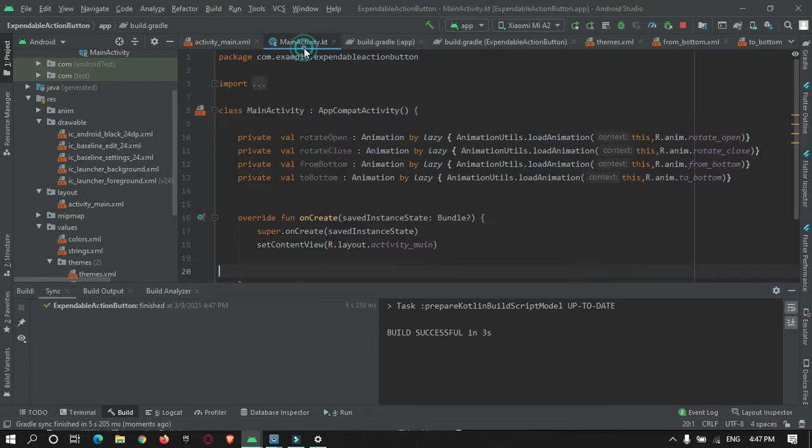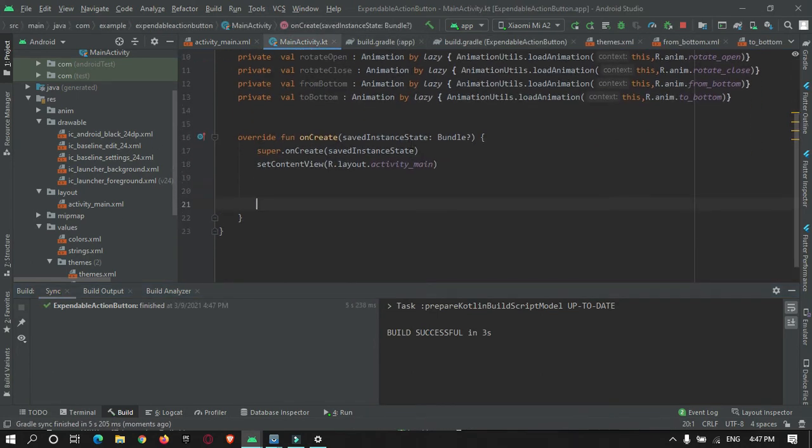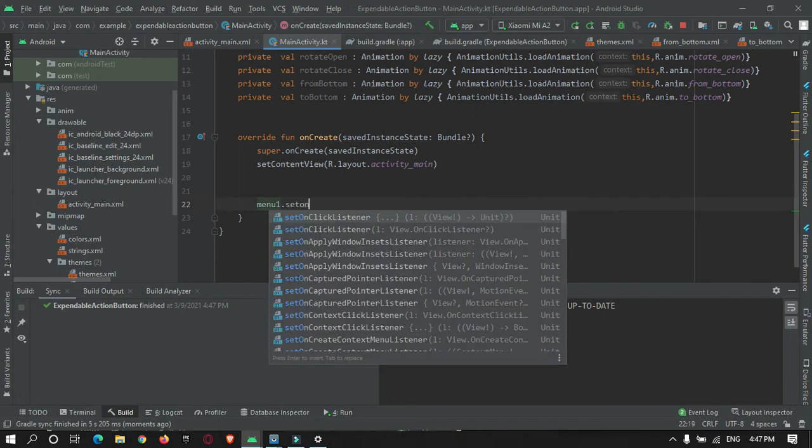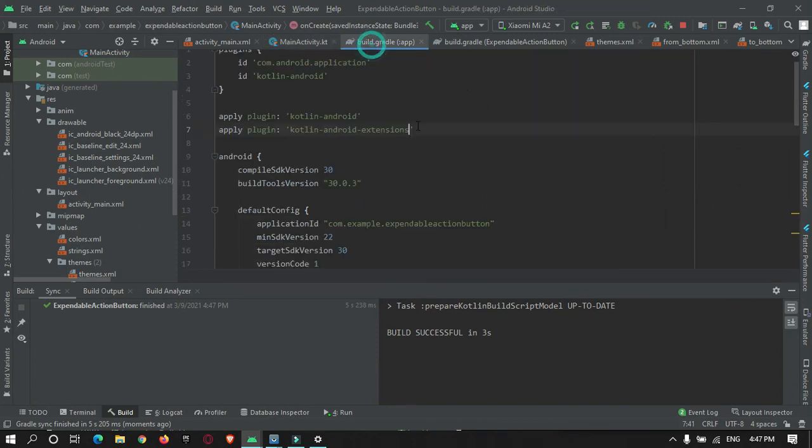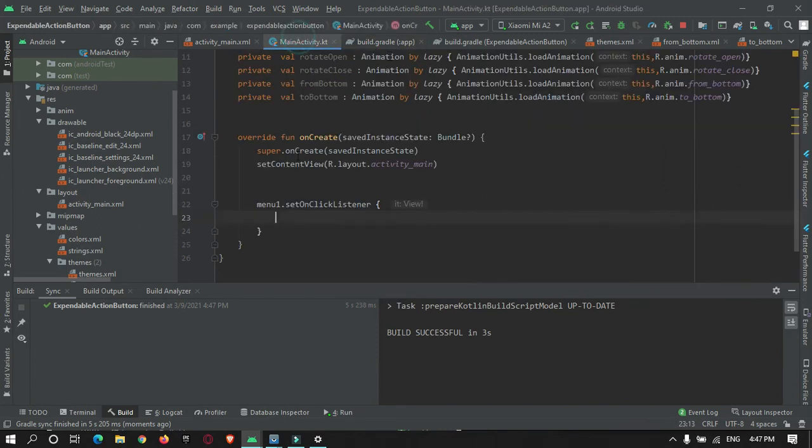Okay, so now let's check out menu1.setOnClickListener. As you can see, after adding this extension, now I can use this function, this property or this event.